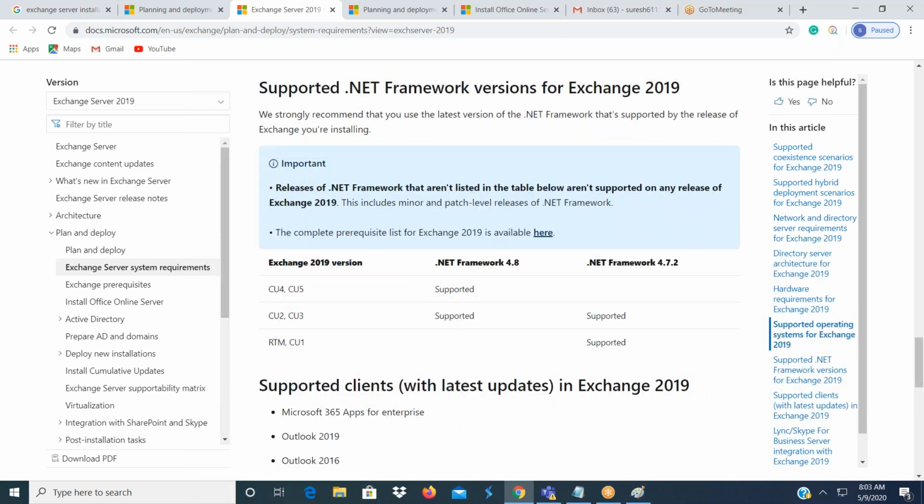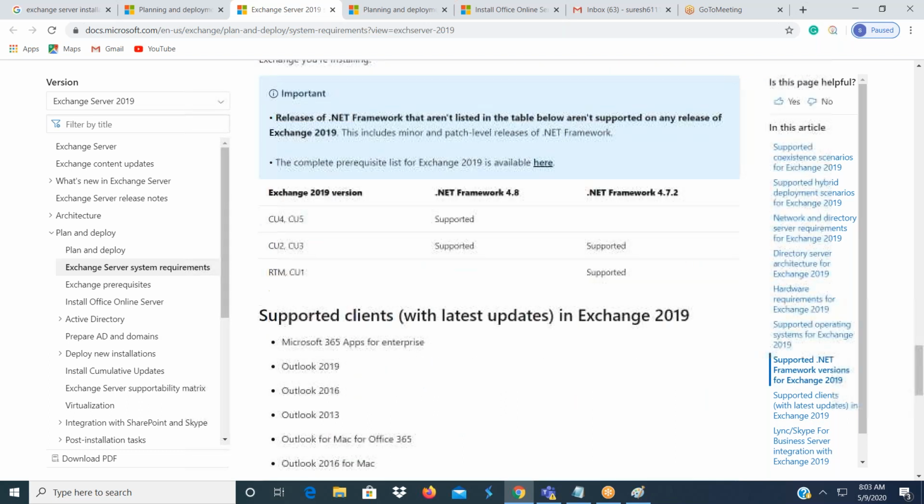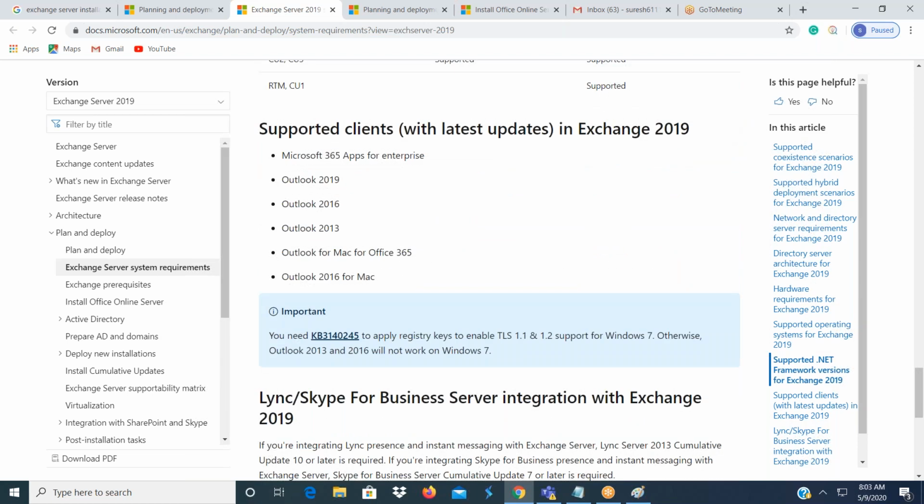And next, .NET Framework. This is one of the requirements to install the application. .NET Framework is required, and supported clients for Exchange 2019. Supported clients means you have a mailbox. If you want to connect to that mailbox, you